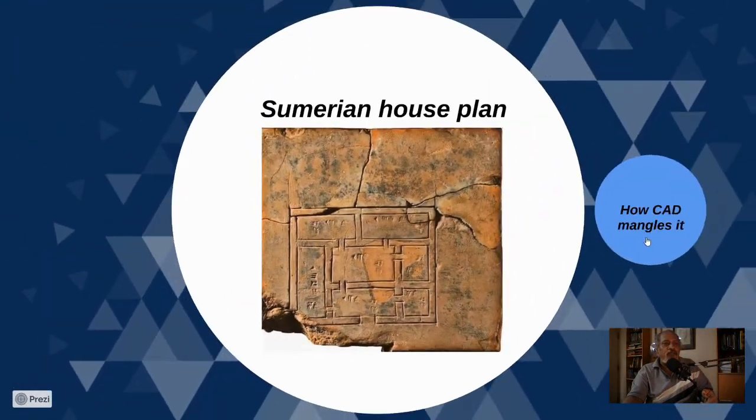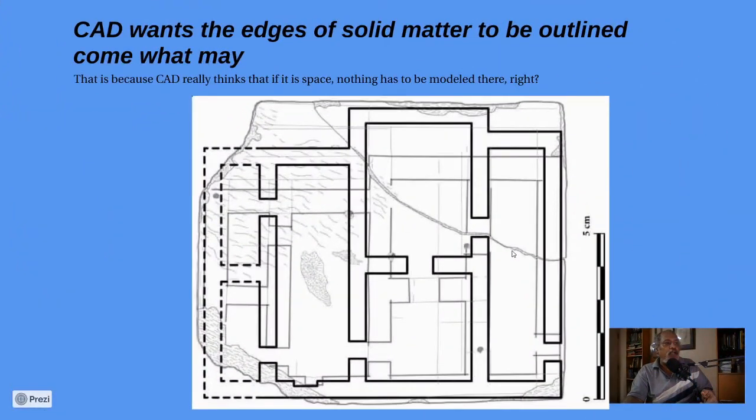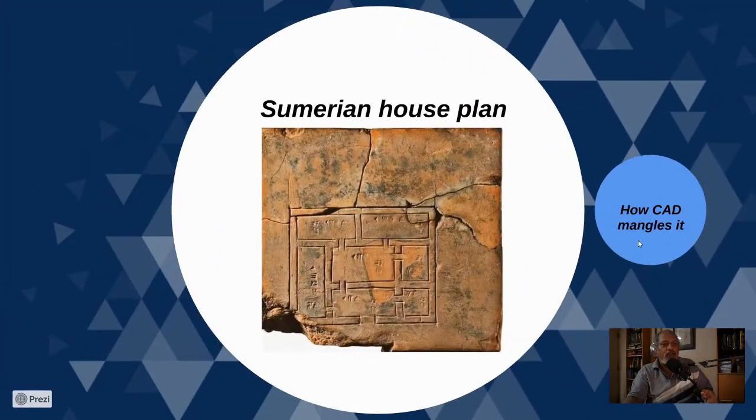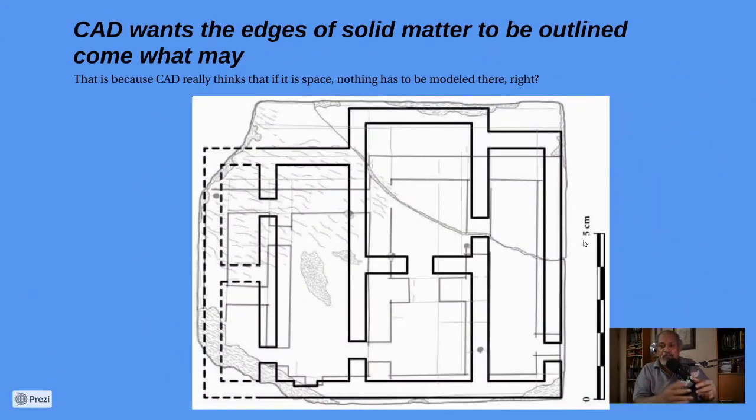So if you now go here and take a look at how computer aided drafting software, in fact even BIM software, would probably do. This is from another image I got from Google. I think this is from Mesopotamia, and in the background you can see that clay tablet there, and somebody has carefully, nicely worked out a CAD drawing on top of it.